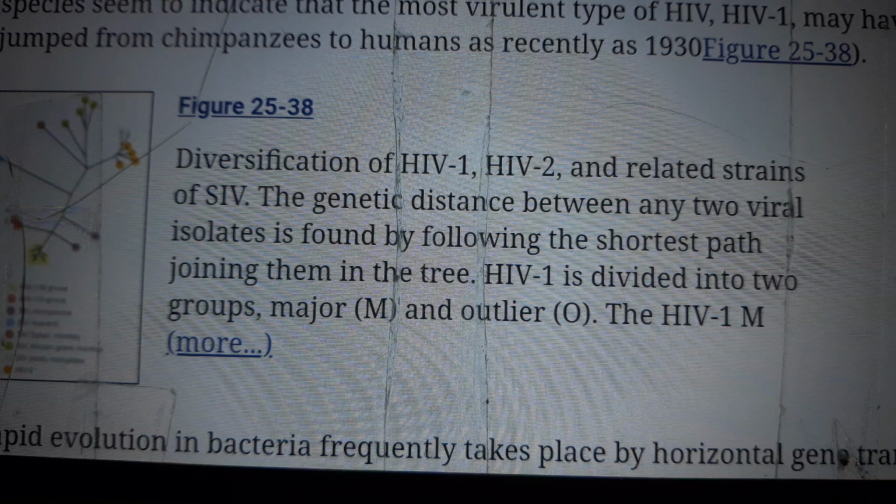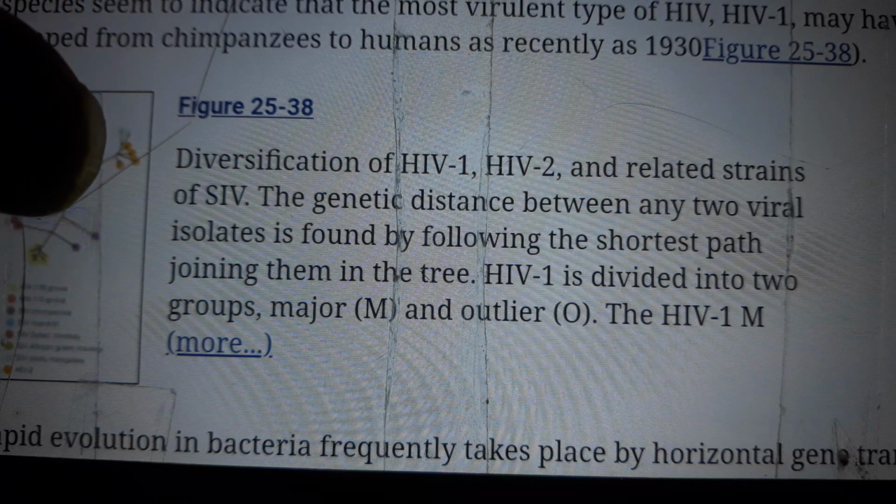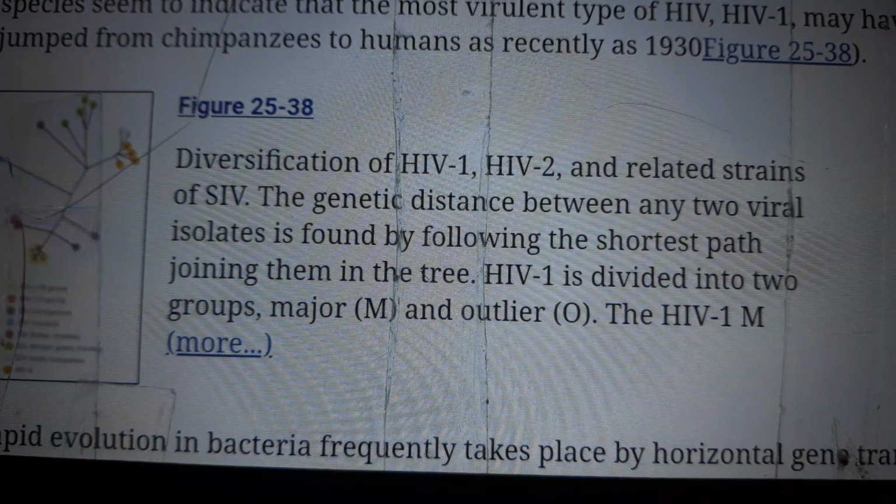Sequence comparison between various strains of HIV and the many similar immunodeficiency viruses, such as simian immunodeficiency virus from a variety of different monkey species, seems to indicate a recent origin for this virulent type of HIV. HIV-1 may have jumped from chimpanzees to humans as recently as